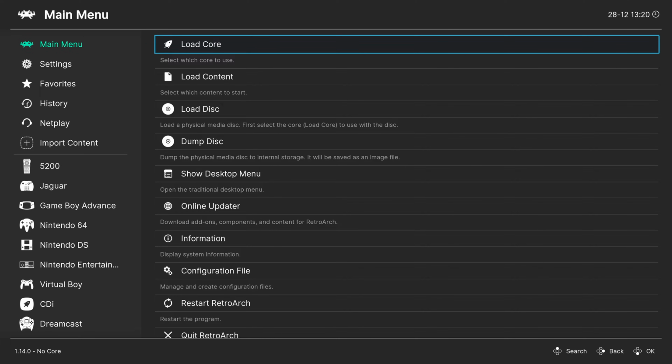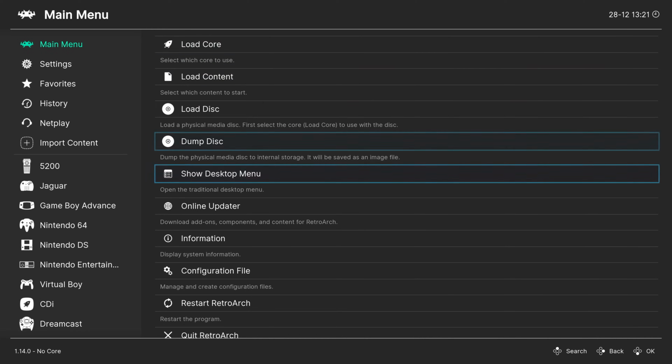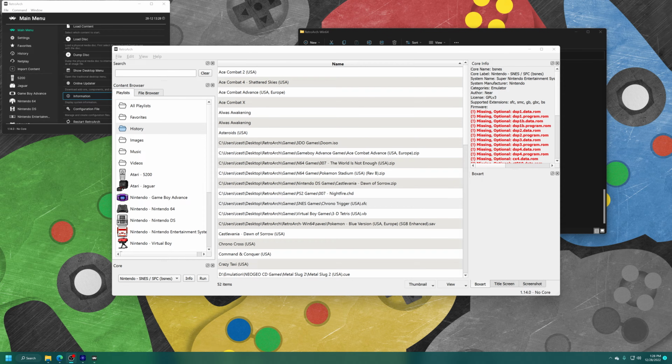Now, personally, I'm not a big fan of that method. It's a bit long-winded, so what I like to do instead is make a games playlist to easily access my games. My favorite method of doing so on the PC version of Retroarch is to head into Show Desktop Menu, so you can click on it on the main menu or press F5 on your keyboard to bring it up. Once the desktop menu is finished loading up, just right-click over here in the content browser, New Playlist,